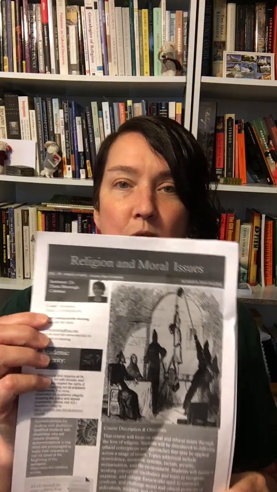The first thing I'd like you to do is to print out the syllabus. And here's the syllabus, Religion and Moral Issues. So make sure you have a copy of that, read it all the way through. Also print out the assignment checklist. Those two documents will tell you much of what you need to know for how to navigate this course, when things are due. It gives you a broad overview, and I'll be there to help along the way and provide other kinds of